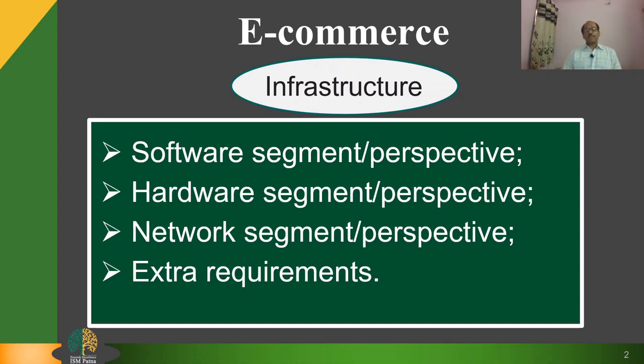The next comes the network segment or perspective. A closely related requirement to the software and website requirements is the existence of a network. The network infrastructure may include routers, fiber optics or wireless communication channels, firewalls, etc. The requirements of network devices are dependent upon the location perspective. This network perspective represents any requirement outside the user machine. Whatever is required in the user's machines comes under the perspective of hardware.